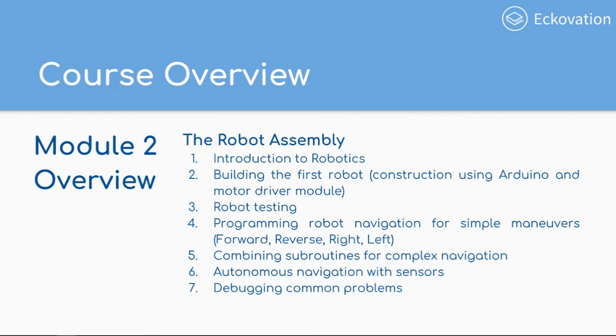Module 2 focuses on the exact robot assembly and understanding how to build our own Arduino board, which is going to be a composition of the bare minimum components that are usually available on an Arduino pre-built board. Later on we will build this board with the help of PCB designing software in module 3, and then we would test the board with the help of a simple blink example, and we will also be